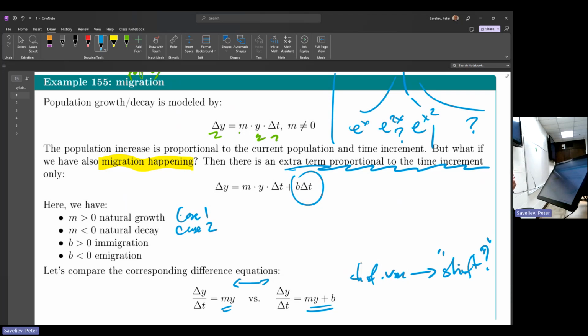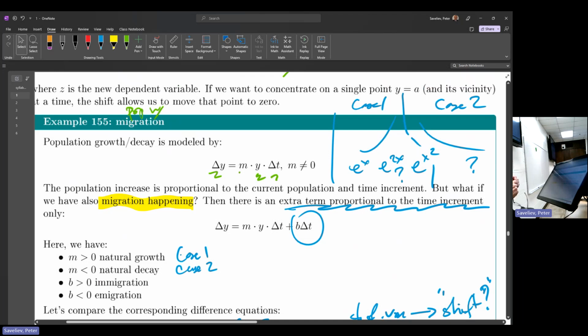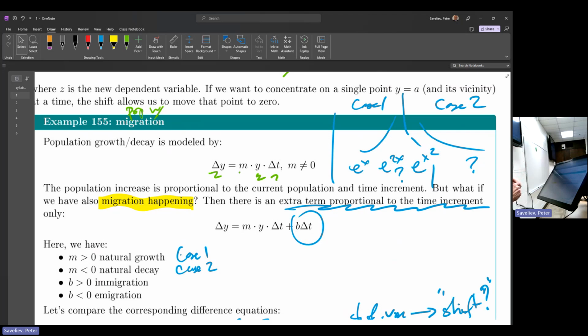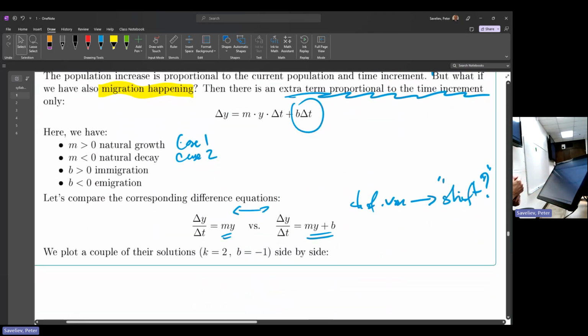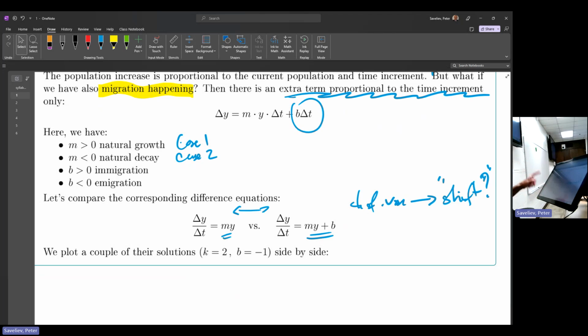That's interesting, right? So maybe all there is, is that the exponential function will be simply shifted in the vertical direction. Okay, so maybe that's all there is. Let's see if we can pull it off. But before that, we actually want to confirm that we're on the right track. Let's do simulation. Okay, so if I choose k equal to 2, b is equal to -1,